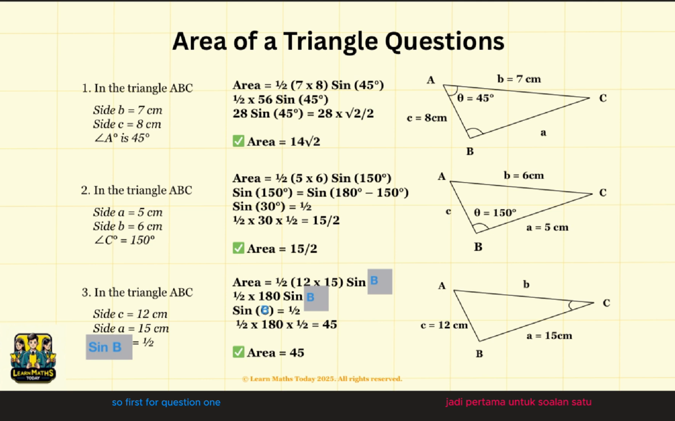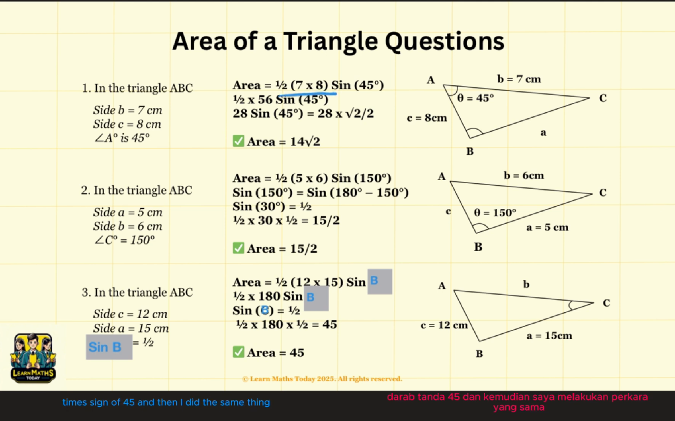So first, for question 1, I asked you to find the area of triangle ABC given that side B is 7 centimeters, side C is 8 centimeters, and the angle of A is 45 degrees. This is a fairly simple question, just like my example, where all you had to do was plug in the numbers into the equation. Using the equation, you would get 1/2 times 7 times 8, as you can see here,